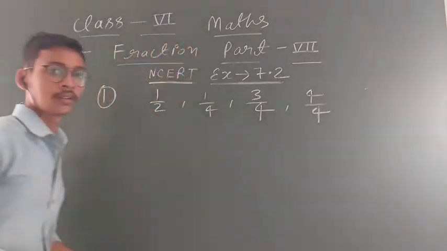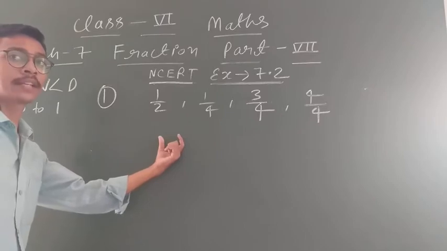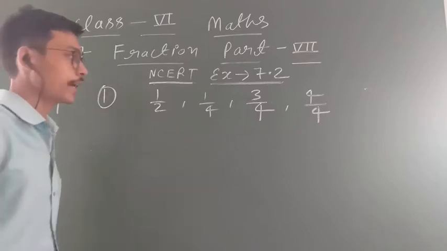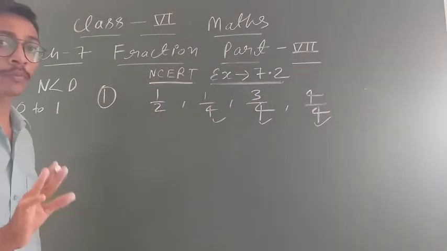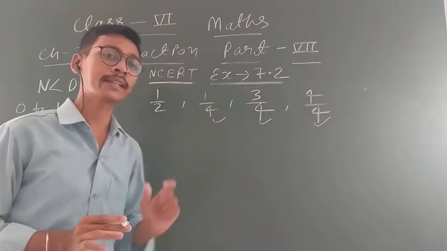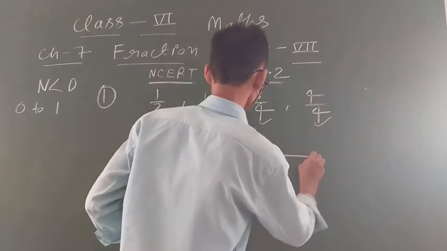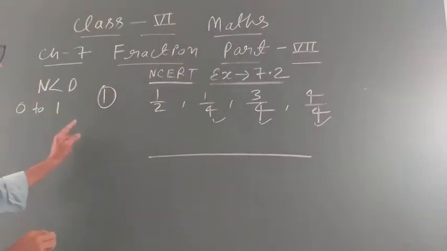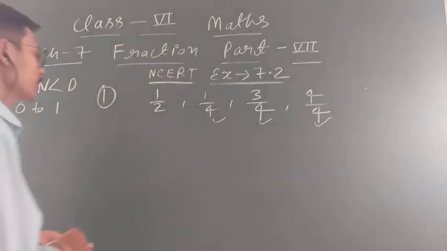Okay, student. Now it means you have to divide the number line in how many parts? 3 equal parts. Now why? Because here 4 is the denominator which is greatest. You have to see the greatest denominator, and according to this denominator you have to divide the number line. Now student, see, the number line lies between 0 to 1. One thing is clear, the number line lies between 0 and 1 because the numerator is not greater than the denominator.